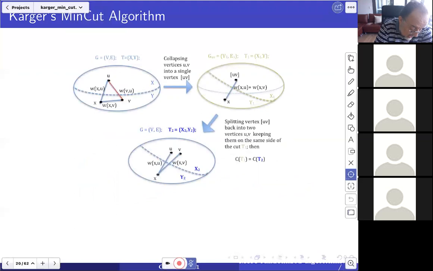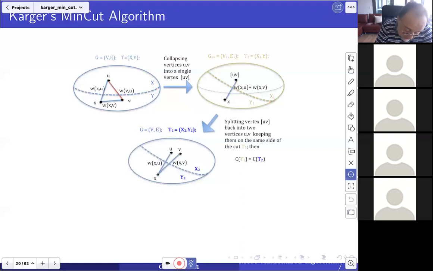Now, the min cut that results might no longer be the smallest cut because we removed the one edge that crosses the cut. So